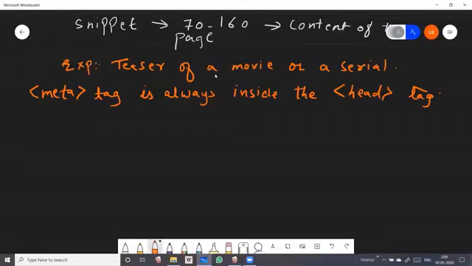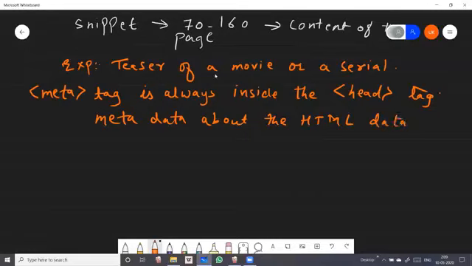Okay, next thing is what? It provides metadata about the HTML document. As we have seen, student, that metadata is what? Data about data. That means it gives more information about particular data.